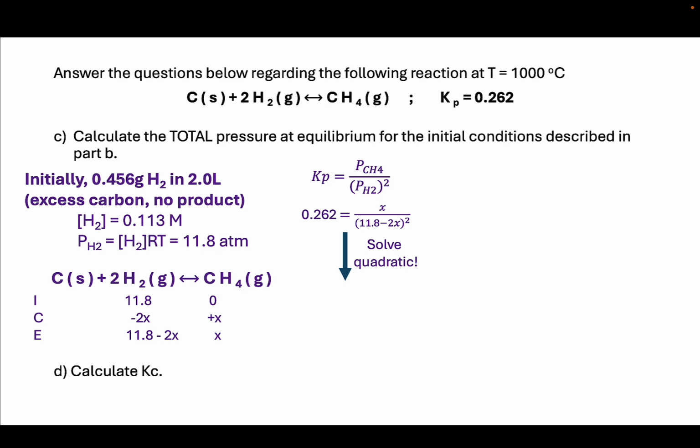But here, if we try to do our approximation, try to say, well, 2x is insignificant compared to 11.8, we're actually not going to be able to succeed. And so perhaps you went through that, and that's a good exercise to do. But what you'll find is that we need to solve this quadratic equation here, and we end up getting the following answers. Now, there are a lot of ways to solve the quadratic. I'm going to show a method at the very end, but for now, I wanted to continue this ICE table solution going,